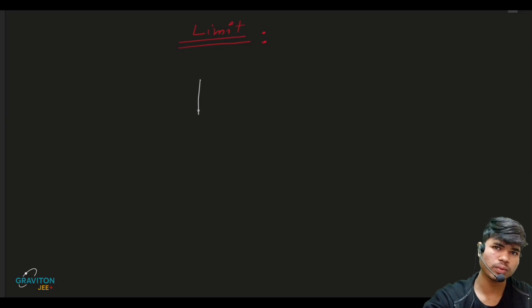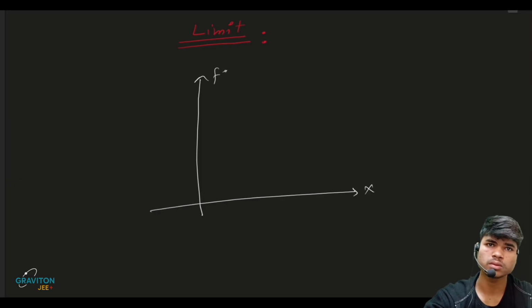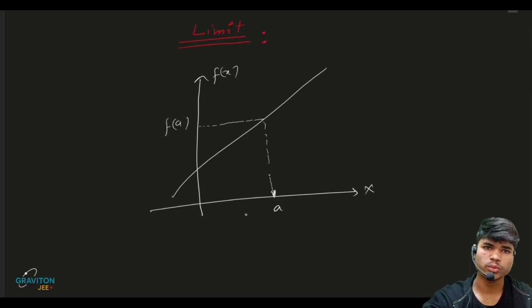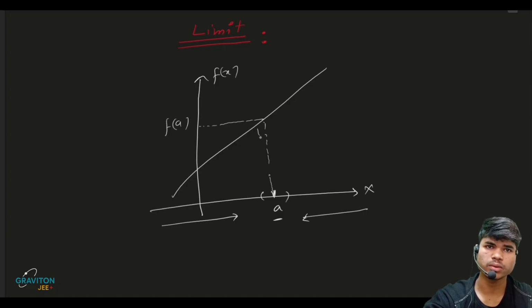Let us take a graph of a function. Take a value on the x-axis at a, and the corresponding function value will be f of a. If we approach this number from the left hand side and the right hand side, we are going continuously closer and closer to this value, but we will never achieve this number. Here will become a neighborhood of this point. Then we will see the function value in this neighborhood.